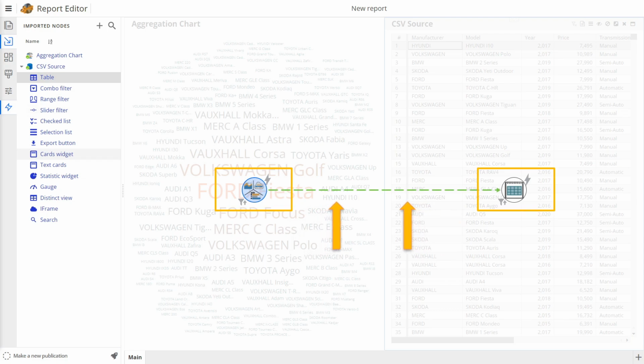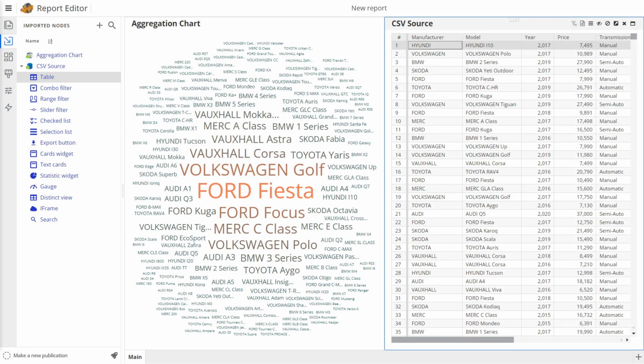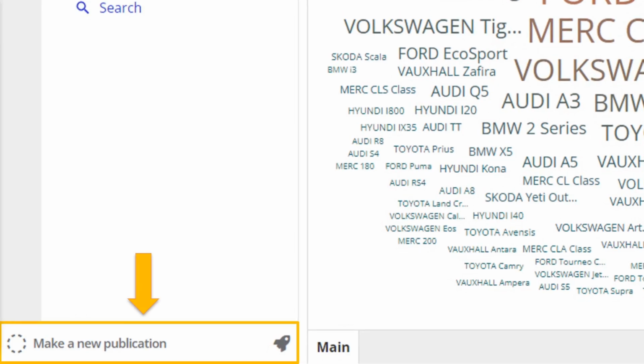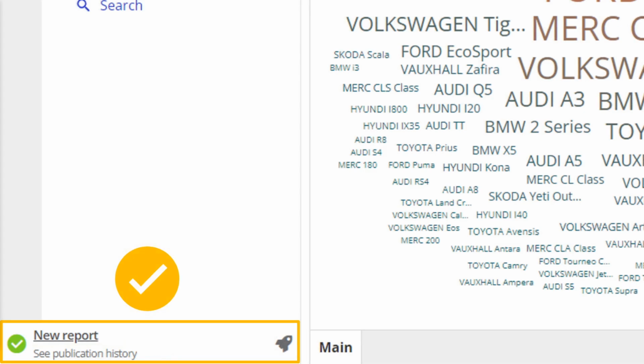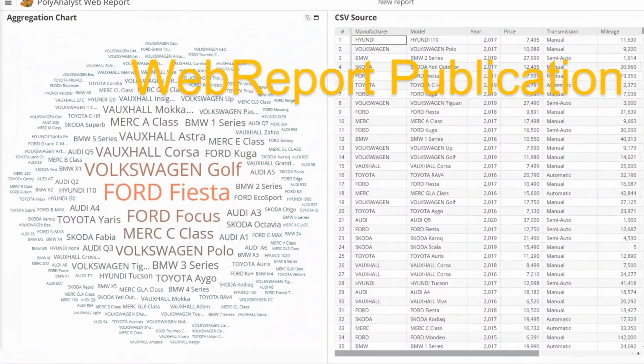After finalizing the chart configuration, the concluding step entails establishing a publication to enable viewer access. This is achieved by clicking the small rocket icon located at the bottom left corner, which publishes your report in approximately 1 second. Right-clicking on the name of the published report navigates you to the publication interface.